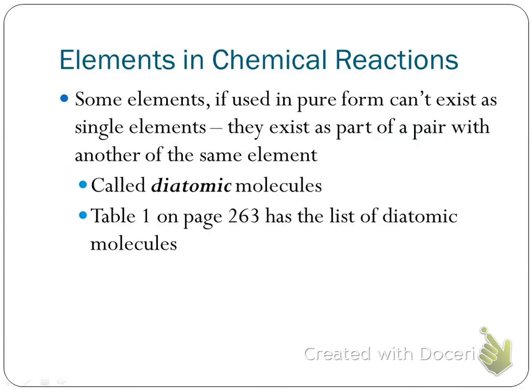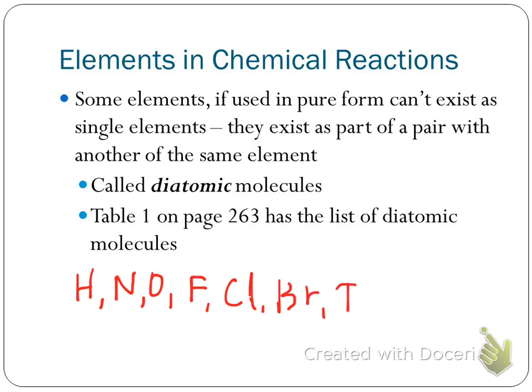These diatomic molecules, you can look at the list of them on page 263, but essentially what happens in the periodic table is starting with nitrogen and going to fluorine, it kind of makes a 7, right? N, O, F, Cl, Br, and I. Okay, you kind of make that 7, and you add in hydrogen. Those are the diatomics. So hydrogen, nitrogen, oxygen, fluorine, chlorine, bromine, and iodine. Okay, I need to check with the book to make sure I'm right on iodine, but I'm pretty sure that